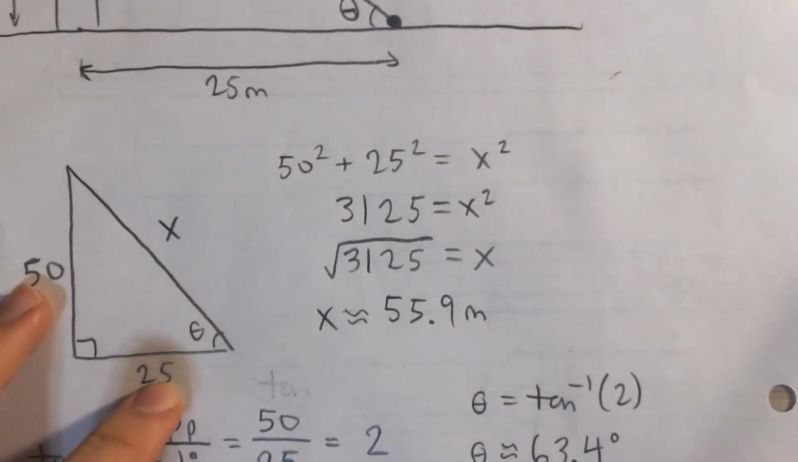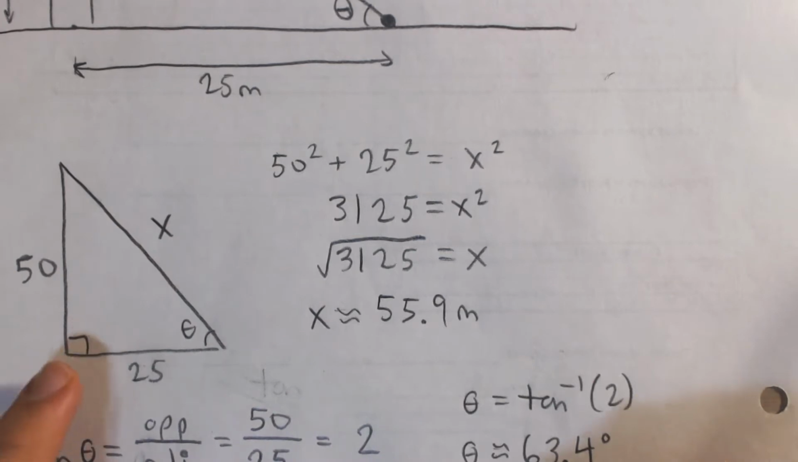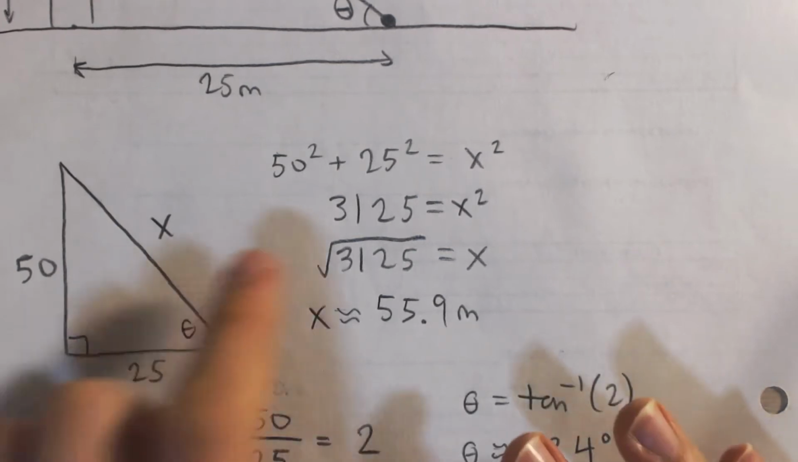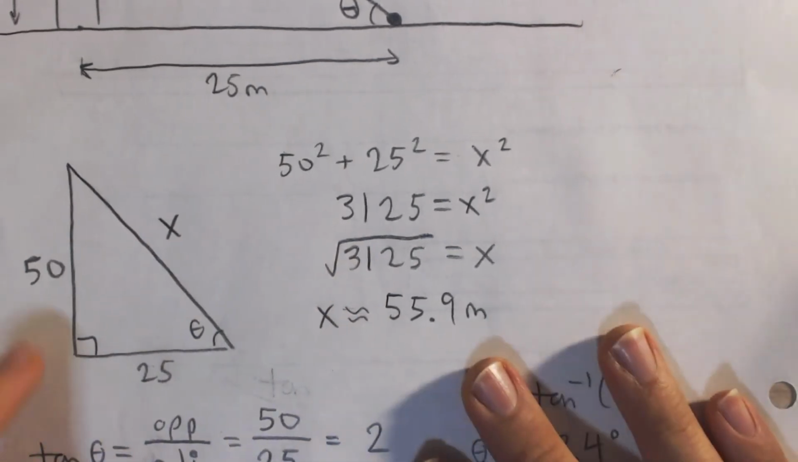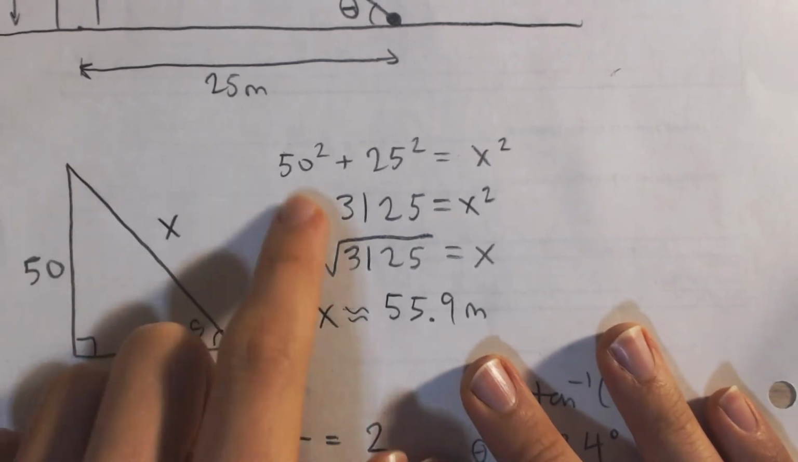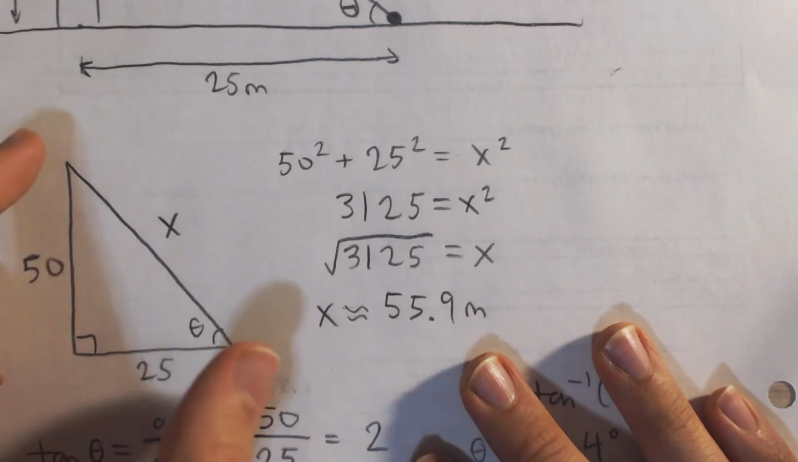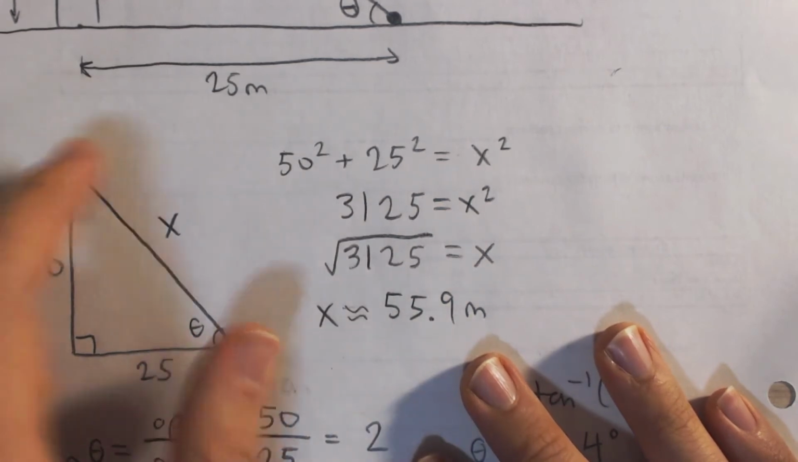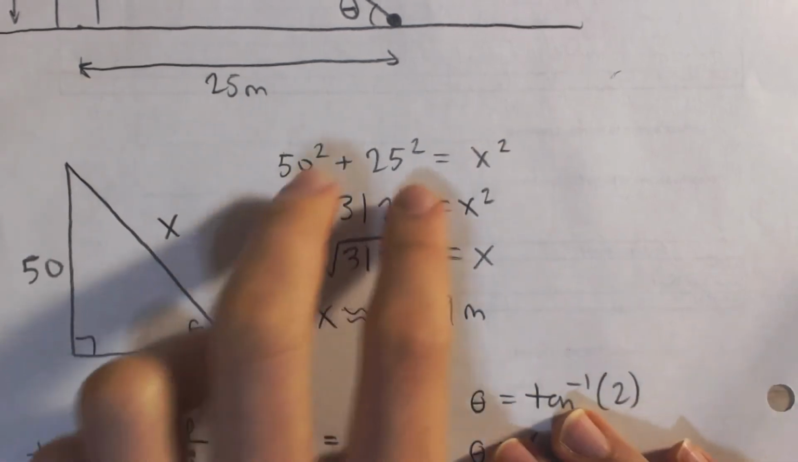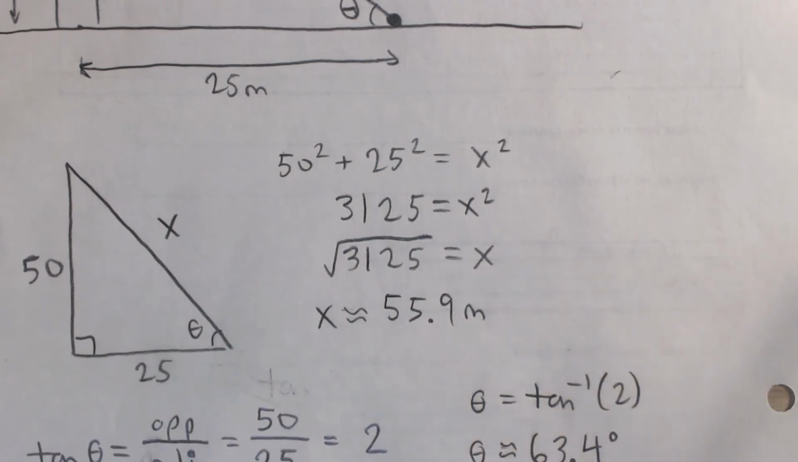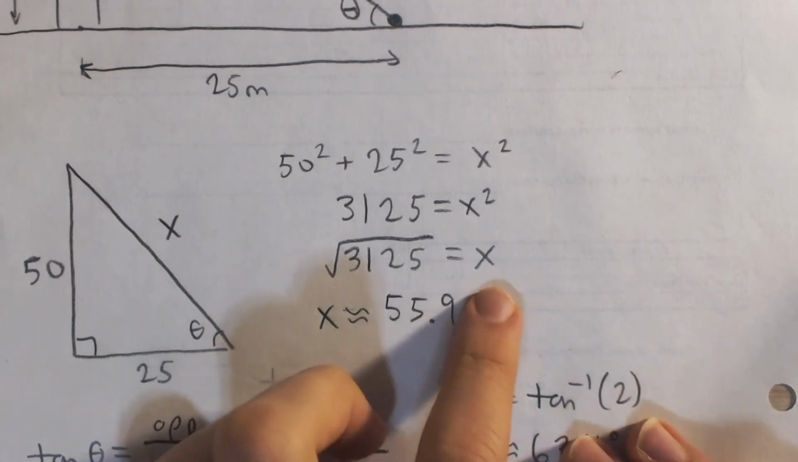And so if we know the two side lengths, we can figure out the third side length of a right triangle using the Pythagorean theorem. So that says that the first side squared, 50 squared, plus the second side squared, 25 squared, is equal to the hypotenuse squared, x squared. And so if you simplify the left side, using your calculator, you get 3,125. And so if we take the square root of both sides, we get x is equal to the square root